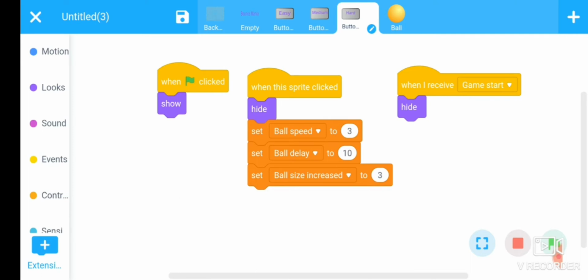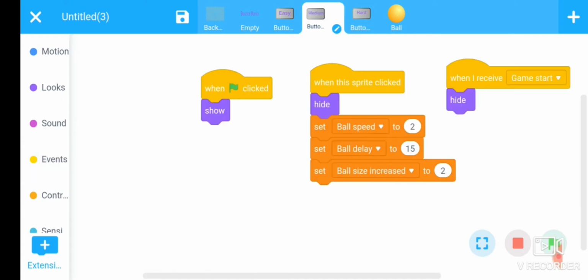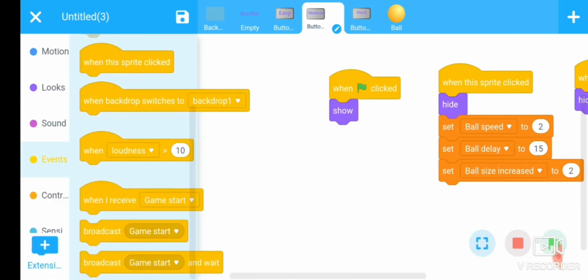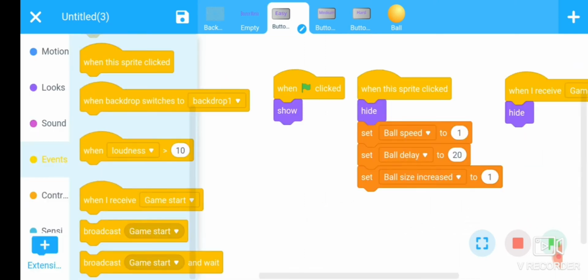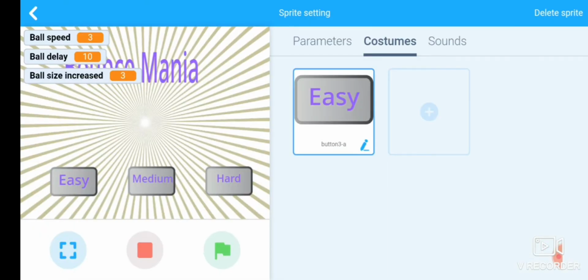Okay, for this, broadcast game start, put this code here. Again for the ball, and again. Fine. Now check the code.